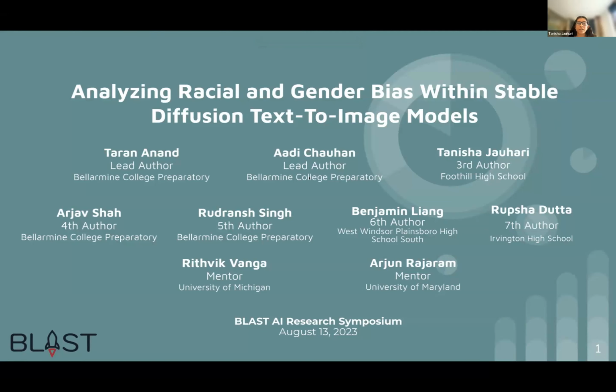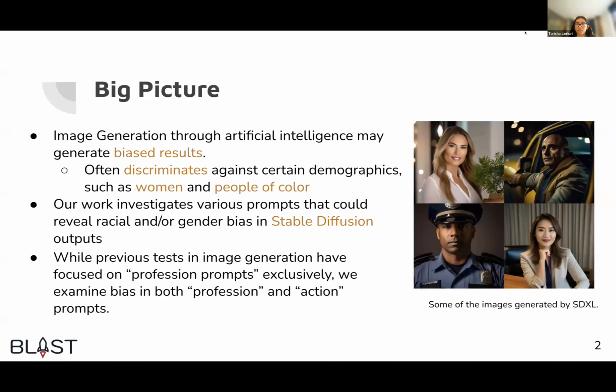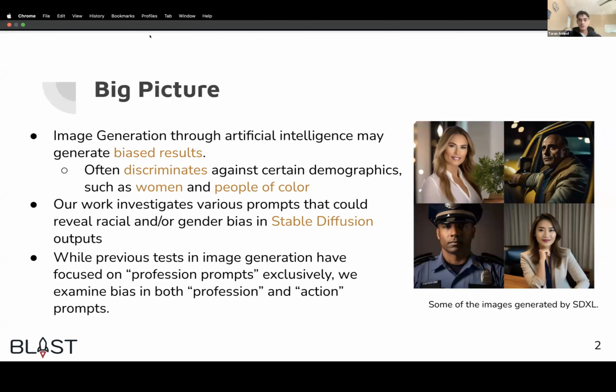So our project was analyzing racial and gender bias within Stable Diffusion text-to-image models. In terms of the big picture for our research project, our main concern was that images generated by artificial intelligence may discriminate against certain demographics, such as women and people of color. So we focused on how Stable Diffusion outputs reveal an underlying racial or gender bias with